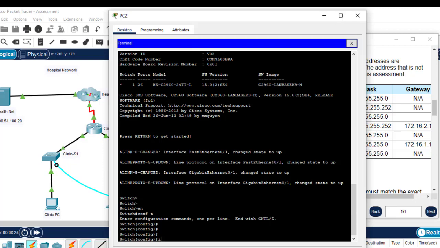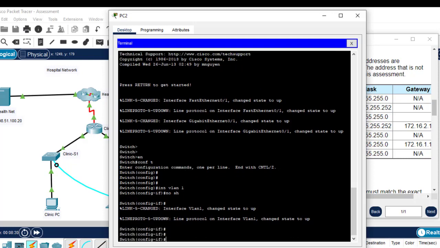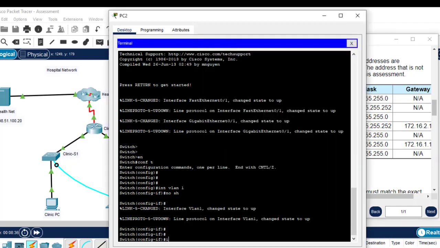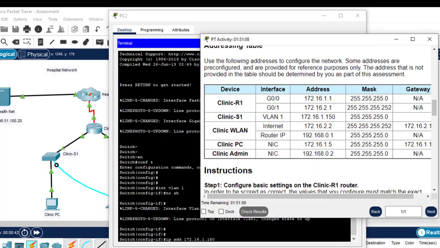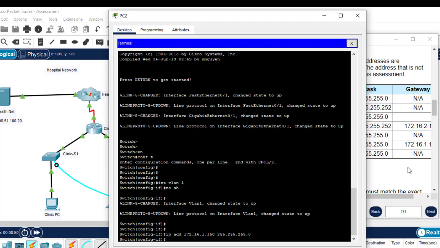So we say interface VLAN 1, no shut, and the IP address, copy IP address, paste, and subnet mask of